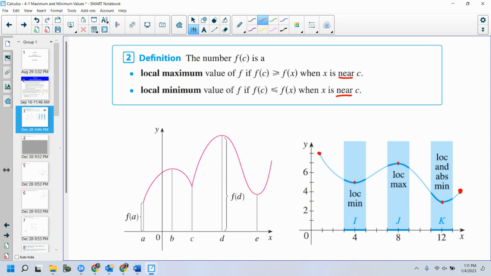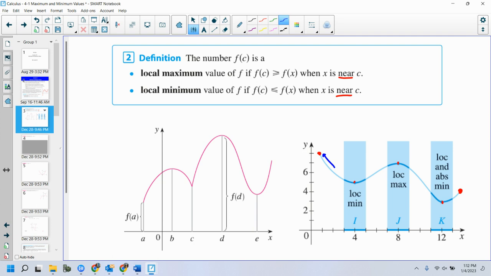Here's why. Think about it like this. I can build up to this on the right side. Think about it like limits. The right side limit of this thing exists, right? Does the left side limit of that dot exist? No, because there's nothing over there. The function is not defined on the left side. So think about it with our definition of limits. The limit does not exist from the other side. So therefore, near has no meaning on the other side because it's not defined on the other side. So that's why it's not a local maximum, but I can consider it the absolute maximum because it is the